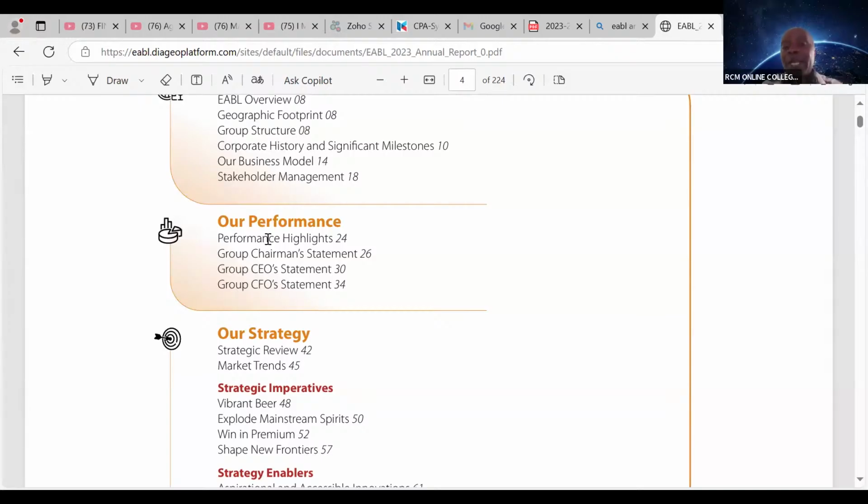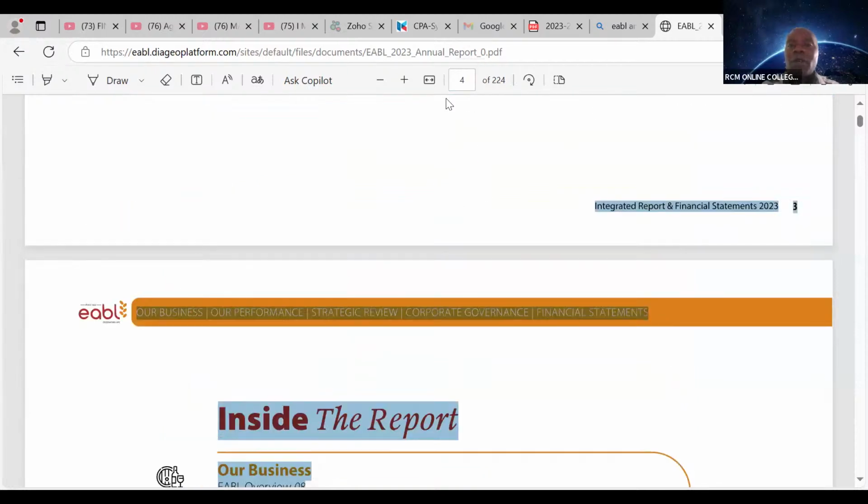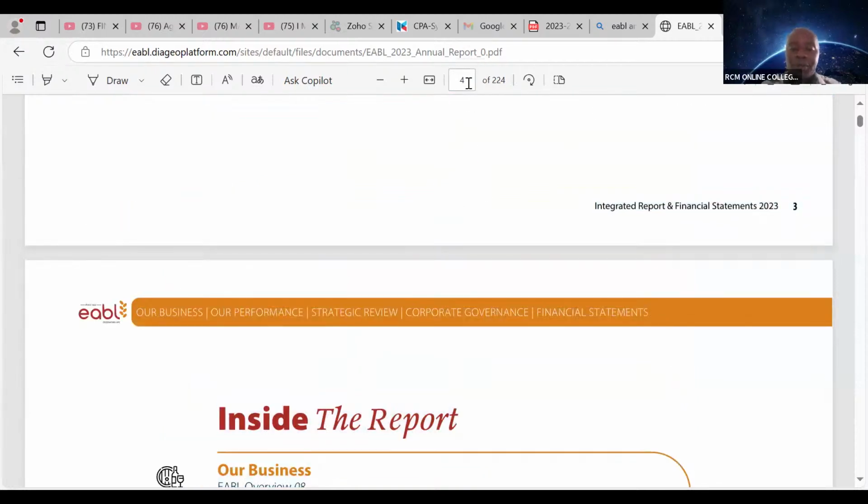And in terms of management discussions, it's not every manager who will be able to give a statement. We strictly want the chairman of the board to speak. The CEO of the company must speak. And then the chief finance officer, who are now yourselves, will also have a whole page. So then if I go to page number 26, page number 26,